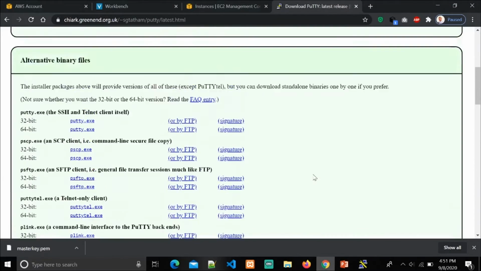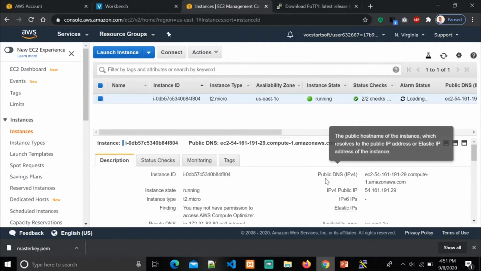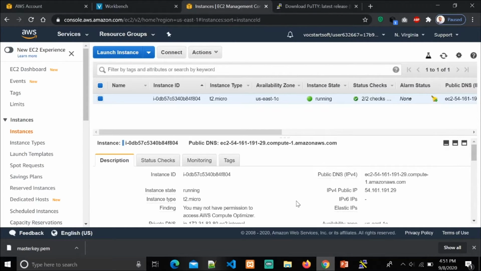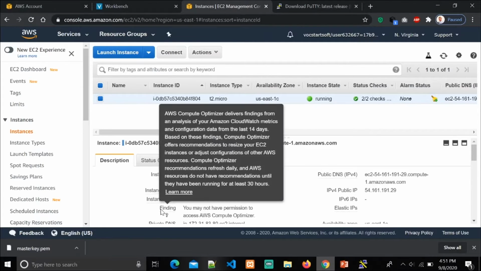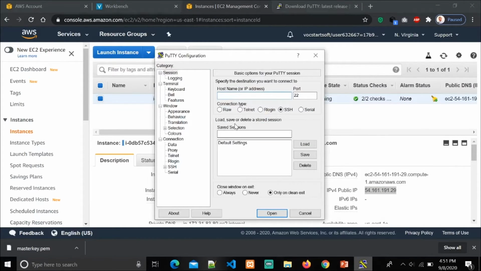So here we have to go to console, and in launch instance it is now in running state, and at the below of it we got here public DNS and public IP, and here is instance ID, instance state that is in running, instance type. So now we have to copy here public IP, so copy it, and we have to go for paste here.